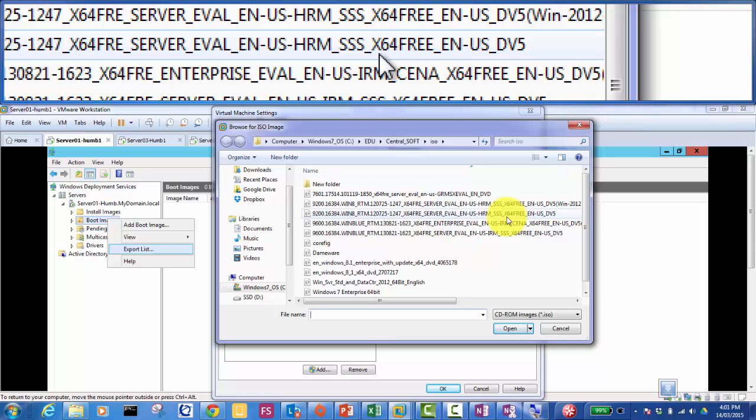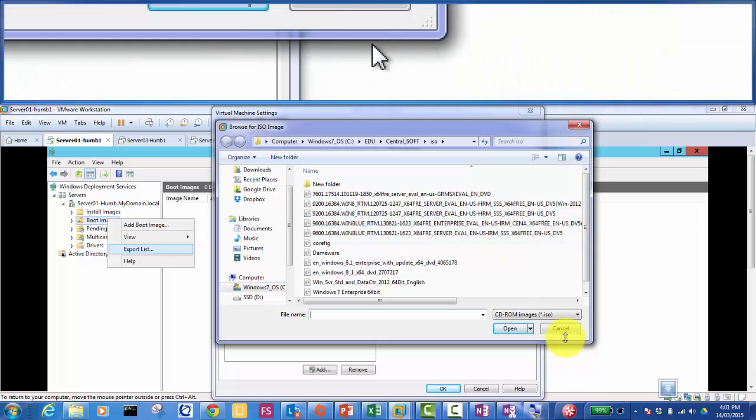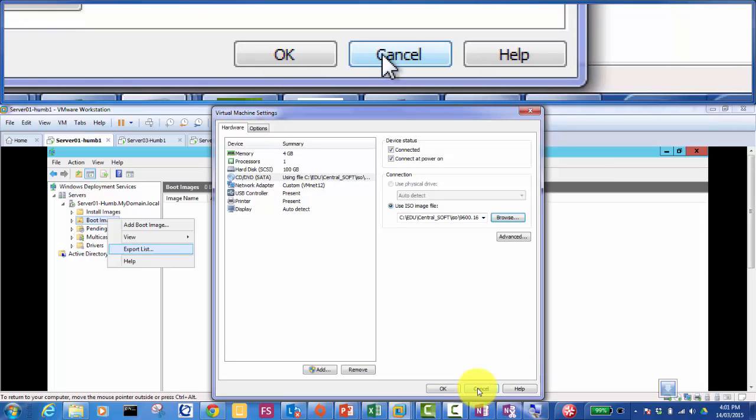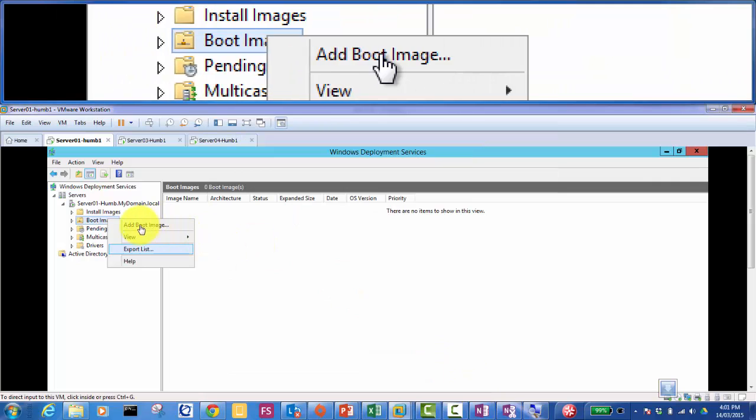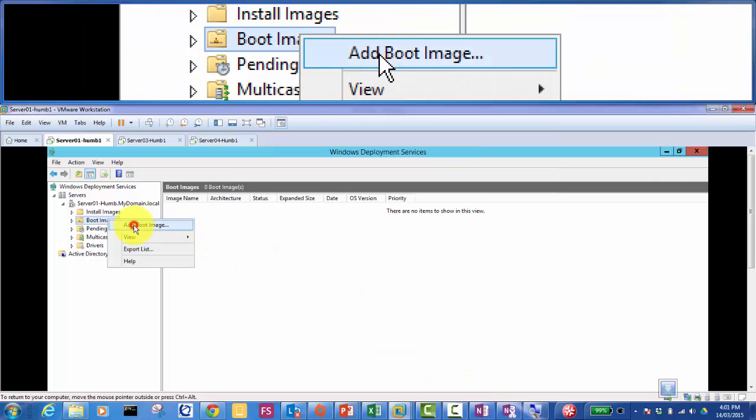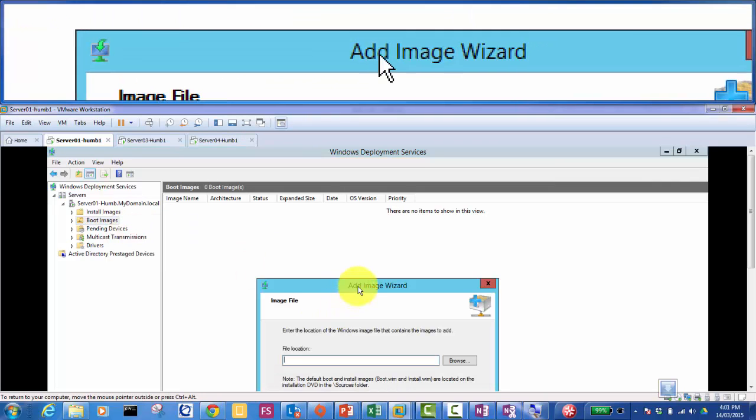Excuse me. If you don't have 2012, even if you have Windows 8 or Windows 7, it's okay, as long as you have any OS ISO. It's the same procedure for every ISO, right? So everyone did that? Okay, cancel out, right click the boot image, add boot image, and then